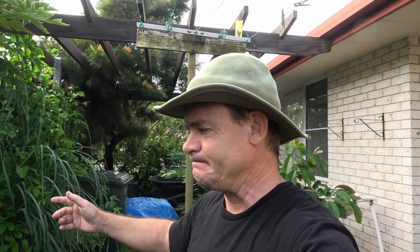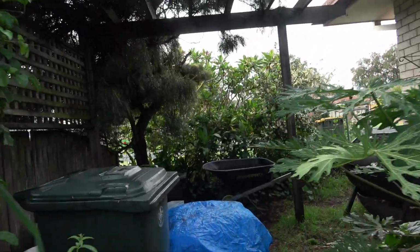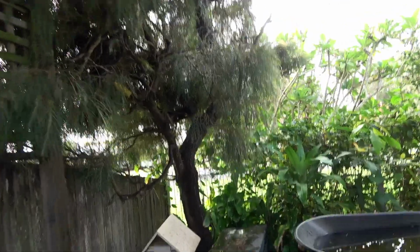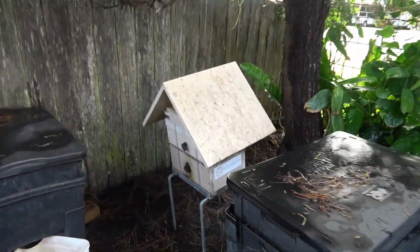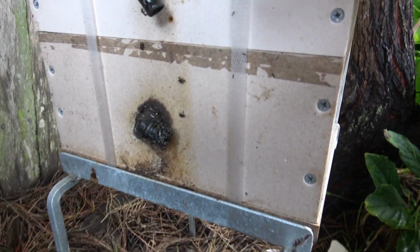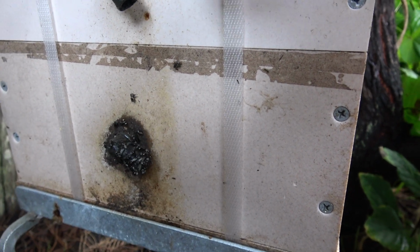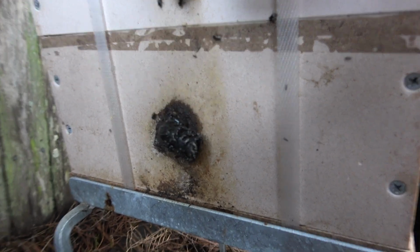for a bit of a look, because they're swarming around the front of the little, oh look, I'll just take you for a look and you can see for yourself. I'm still learning about these bees, and they come from Sydney, and if we can get a nice close up in here, you'll be able to see it's fairly dark, but look at them. So what I'll do is I'll try and zoom in a little bit, because the microphone's hitting the